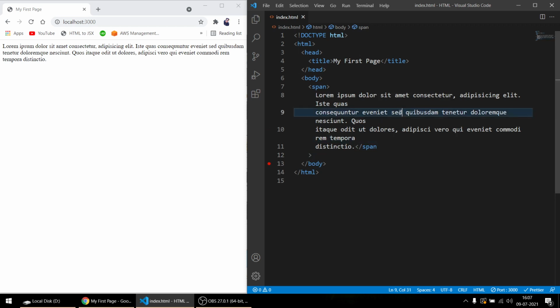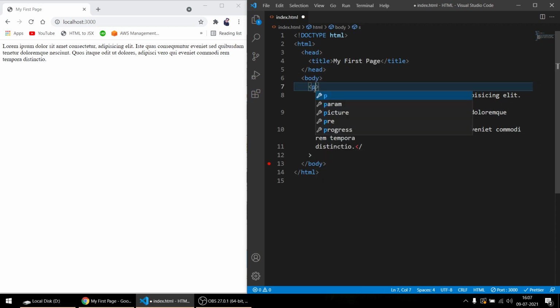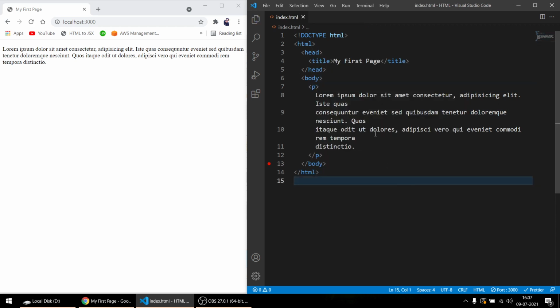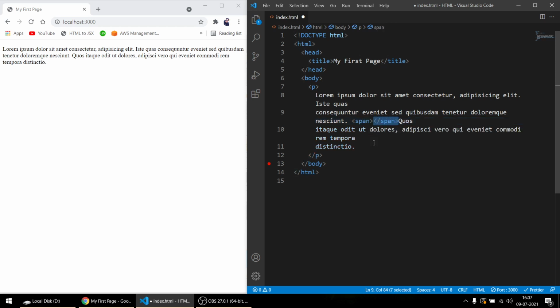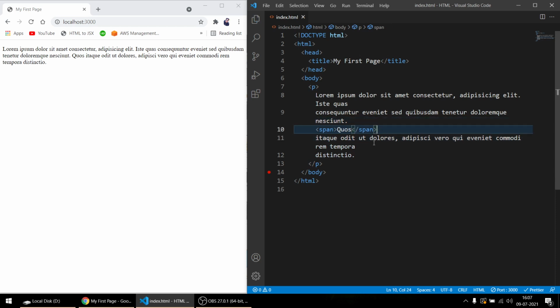Suppose you'll say I'll use a paragraph tag. Now suppose you want to change the color of a word. For that we just put it in the span tag like this, paste it, save it. Whatever you apply here, it will appear on that word, because you haven't started CSS yet, so I can't tell you anything about CSS. That thing will appear later. So that is what span is used for.